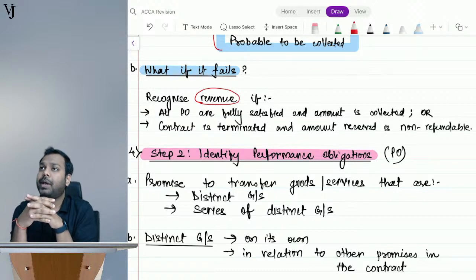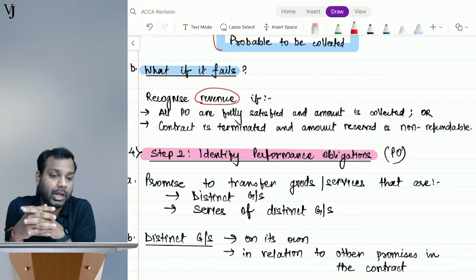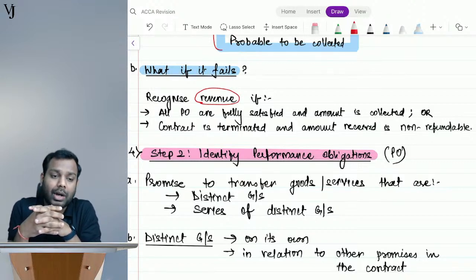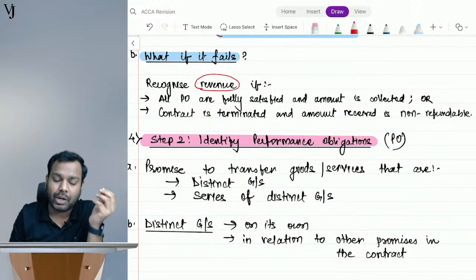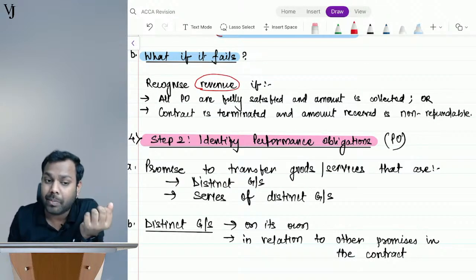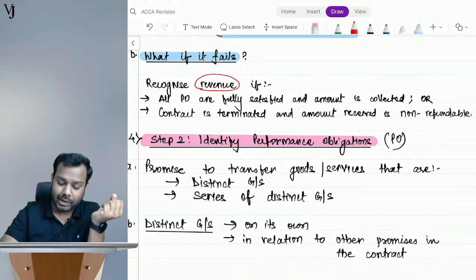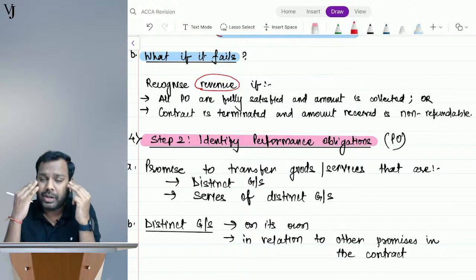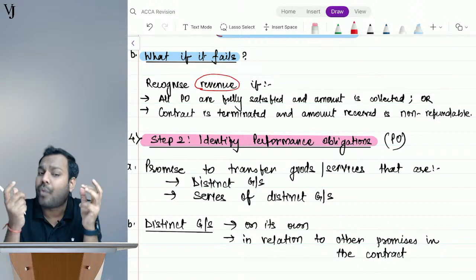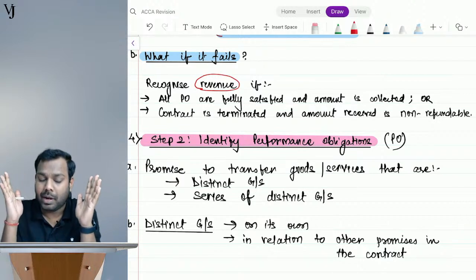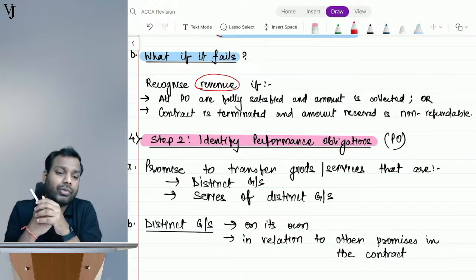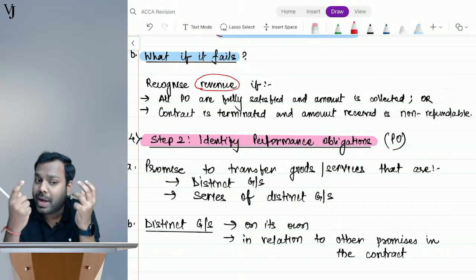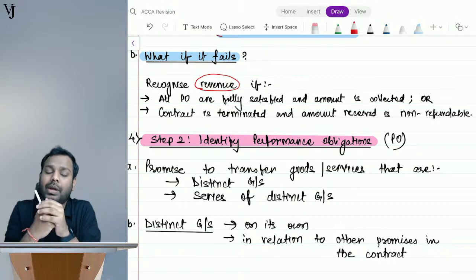Guys, understand. SBR is a paper where you are not an accountant; you are a manager, a financial analyst, a director of the company analyzing the financial statements. That's the reason I'm telling you this. Don't think from an accountant's perspective. Always ask why in the SBR paper, and in answers also we need to write why. Students tend to struggle in SBR because they can't answer why. So think why and write why. Then you will succeed in SBR.